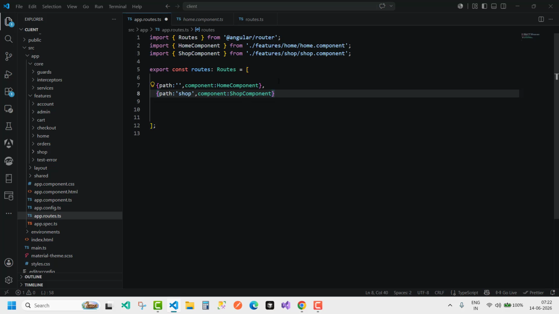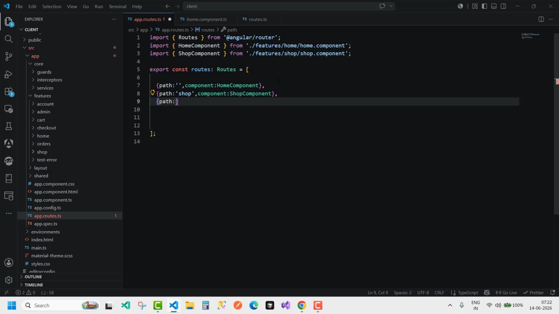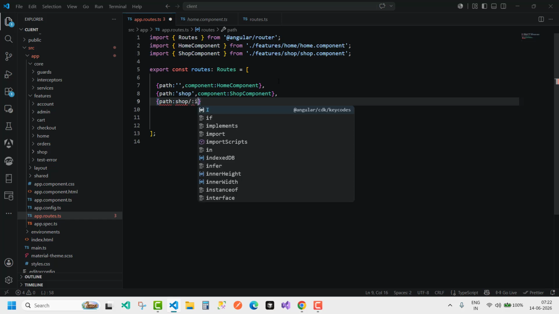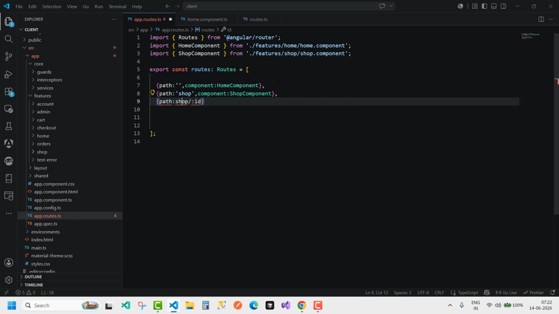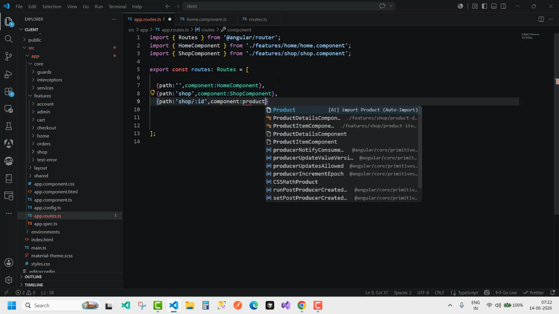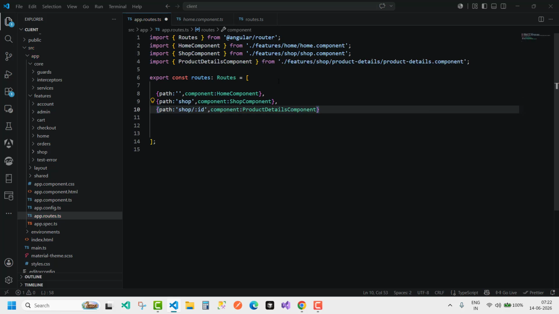So you can add path colon shop slash colon ID. So I want to call shop slash ID, and I want to call it component, that is my product details component. Okay,